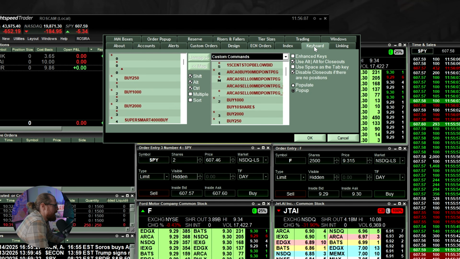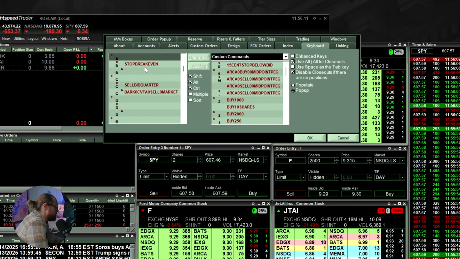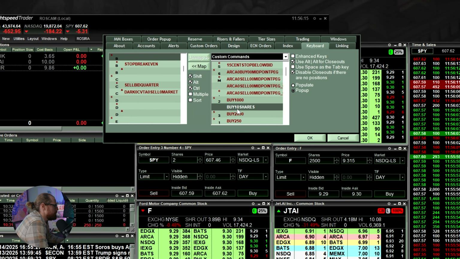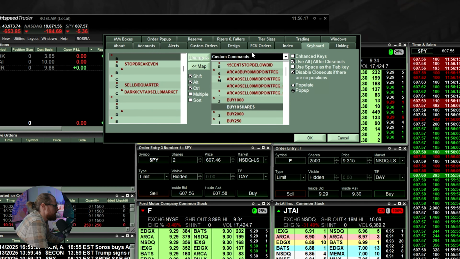Now we're on the keyboard tab. So we're going to go to the B button, and I'm going to do Shift B for buy. So where was that key? And I click on it. This is the custom commands. So I click on that key,